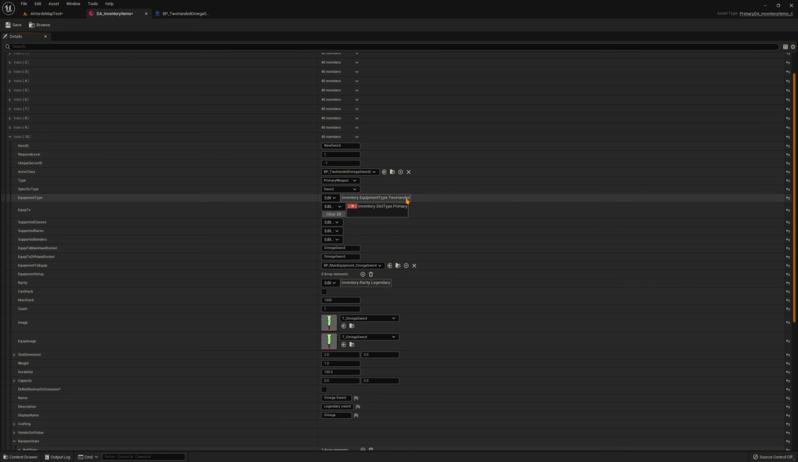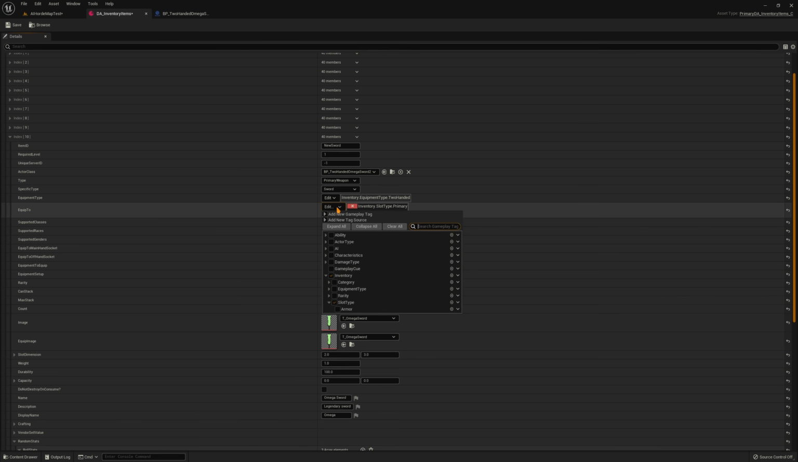This one is going to be two-handed. The equip to, this is where you indicate where an item can be equipped. So is it like a necklace? Is it like an armor? So that would be under the inventory dot slot type, and then you would just simply indicate all the available